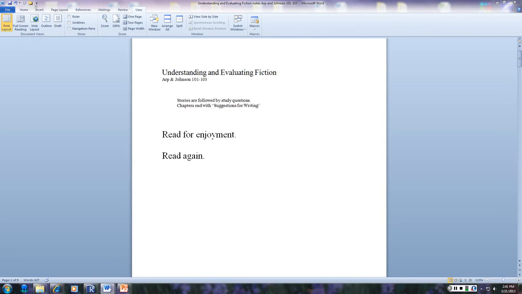So as you read, think in terms of first reading for enjoyment. And when you find a story that you enjoy of those that are assigned or another story from the course text, that is probably the one that you should choose to write your paper about. Once you've done that, read it again, thinking in terms of these elements that we have addressed: plot and structure, characterization, symbol, humor, irony, theme. What can you identify? You don't have to address all of them. You can address one of them.